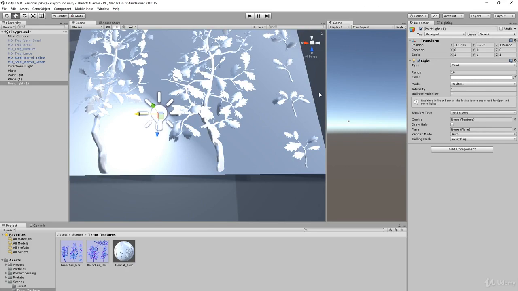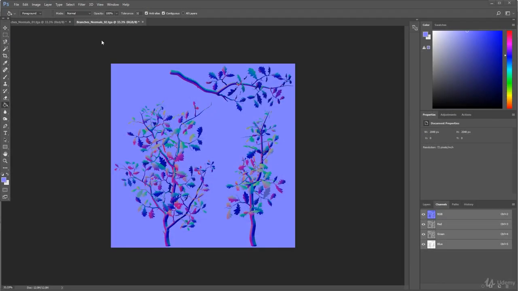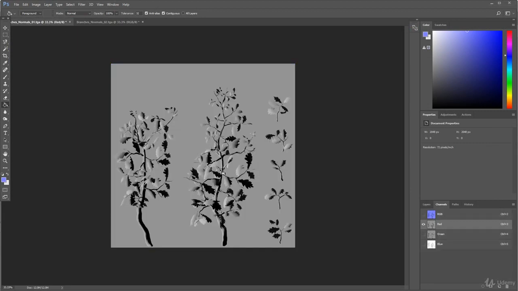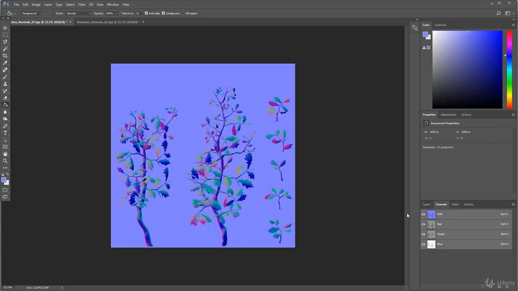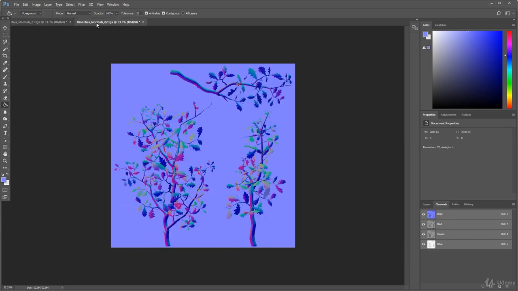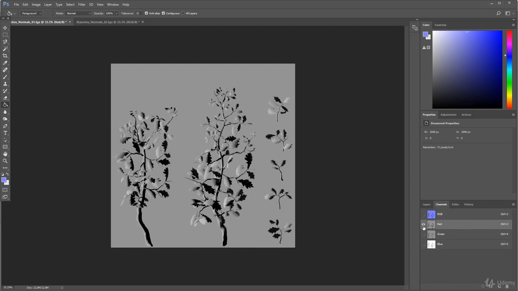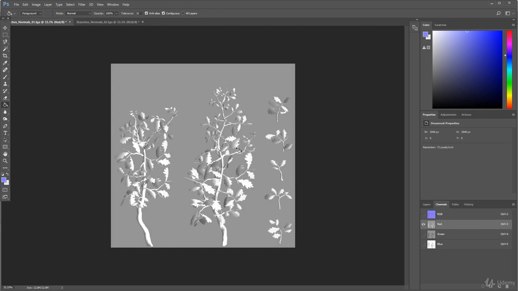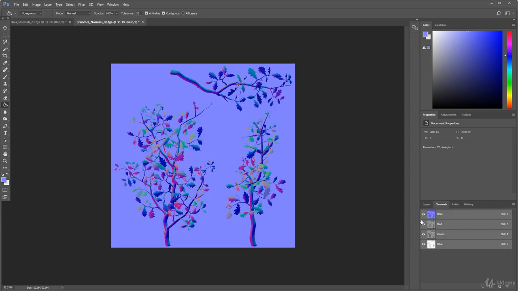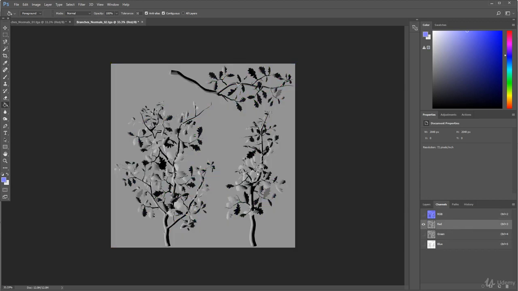So what we need to do is go back into Photoshop. Okay, so back in Photoshop, bring them both into Photoshop, and we're going to flip the red channel. Sorry, not flip, but we're going to invert the red channel. I think that's what's causing the problem. So do both. Click on the one you're going to do first. Click on the red channel like this, so that none of the other channels are selected, and then just press Ctrl-I on your keyboard and it will invert that channel only. Do the same for the other normal map. Click on the red channel, Ctrl-I,